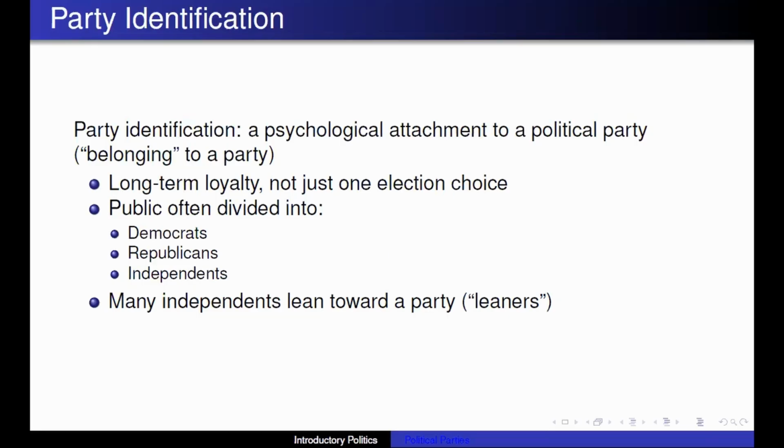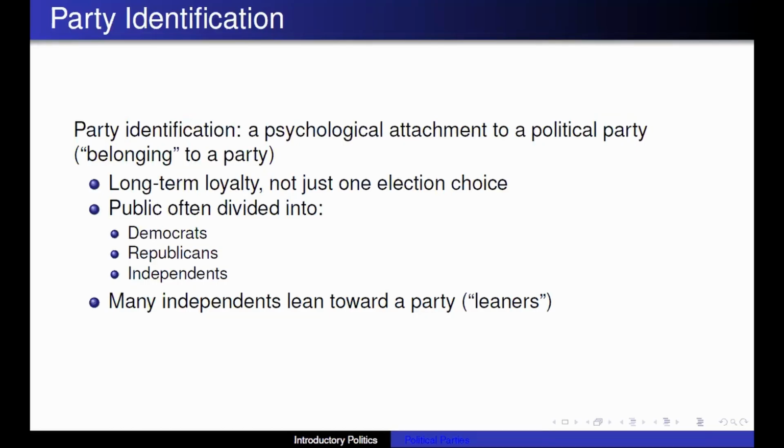However, many people who do call themselves independents do still lean towards one of the two major parties. So you may have people who are Democrats. You may have people who are independents but lean Democrat. And so a lot of independents tend to find themselves in one of those two categories, either leaning Democrat or